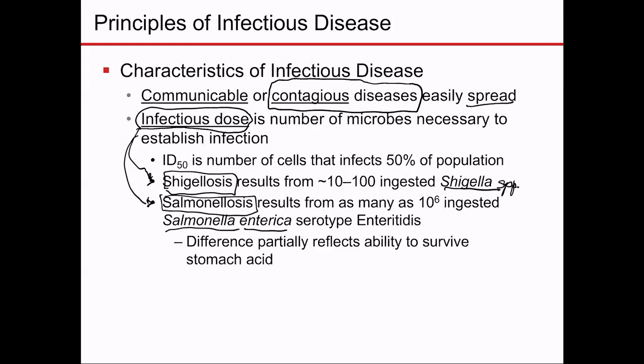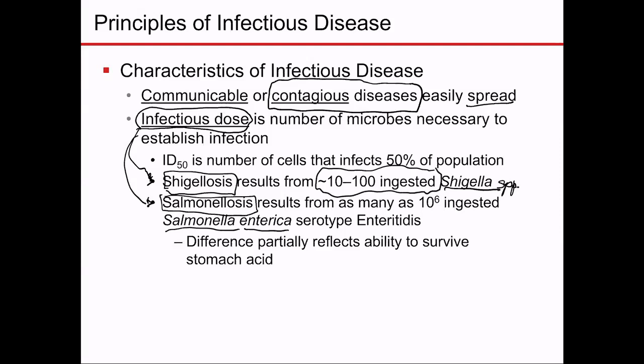There are different serotypes that can cause that disease. In the case of Shigella, in order for the disease to evolve, the person needs to be exposed to about 10 to 100 cells of